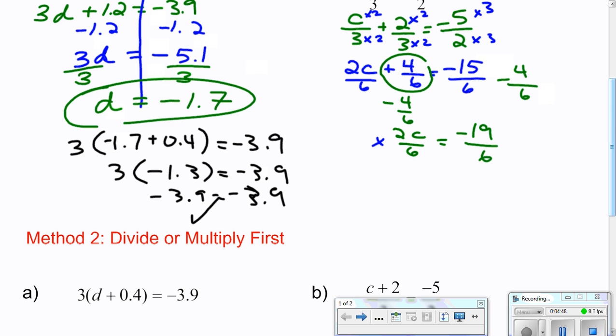So I'm going to multiply by the reciprocal to cancel out the 2/6. And whatever I do on one side, I'm going to do the other. So 2 divided by 2 cancels out to 1, and 6 divided by 6 cancels out to 1. So I'm left with 1c is equal to, well, times by 6, divide by 6. These two are actually going to cancel, so I'm going to get negative 19 over 2. If you multiplied them, you would get